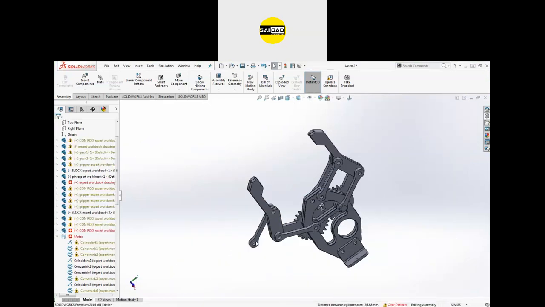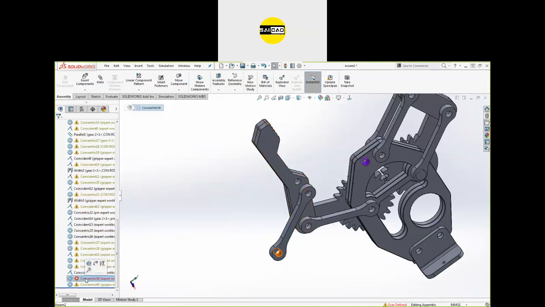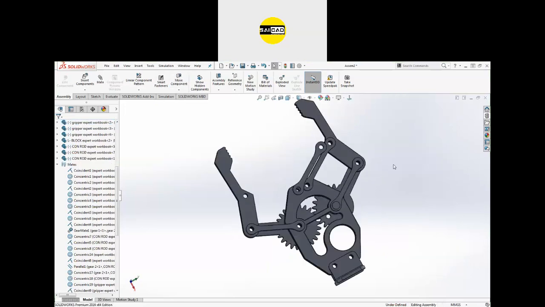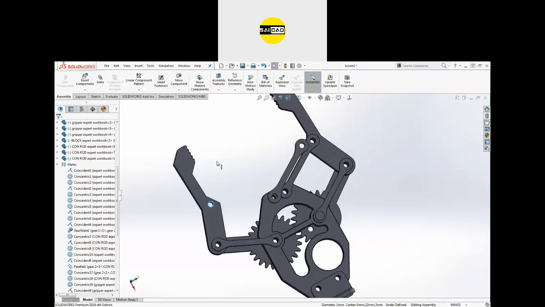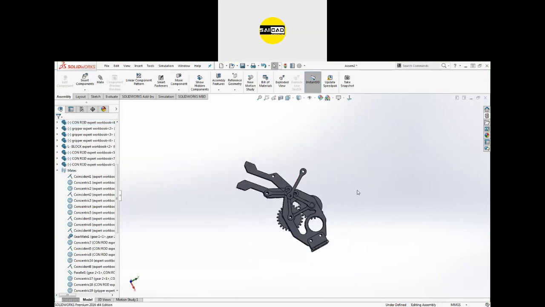Okay, because we have a relation here, that's why it's getting some error. Okay, you have to check that also so that there is no error. You got the idea?